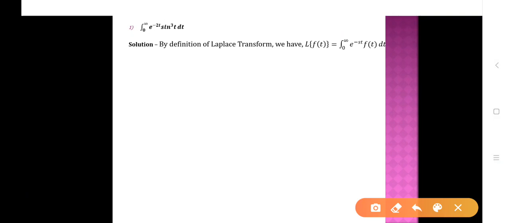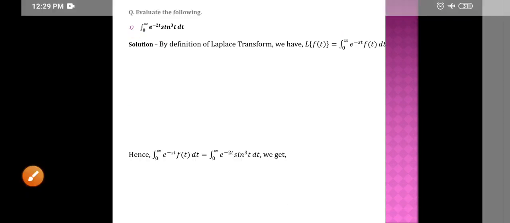See, we can apply this method if in the given integration the limits of integration are 0 to infinity, there is one exponential function and another function may be algebraic, trigonometric, exponential, logarithmic, hyperbolic, anything, but the integration should be within the limit 0 to infinity. Then and then only we can apply this method.